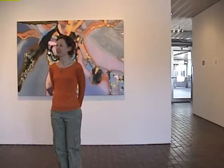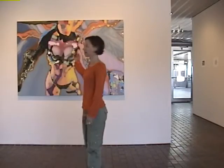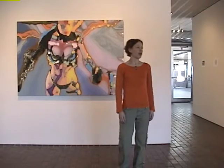So how it fitted in with the earlier work? Or just, this is the first piece out of the series, correct? Is it earlier than all the drawings, oil paintings? Yes, this is the earliest work, and